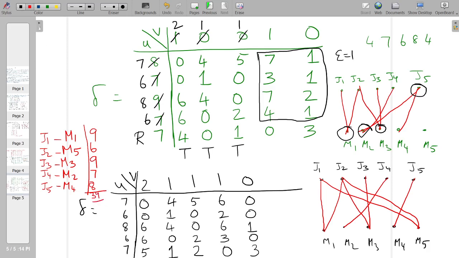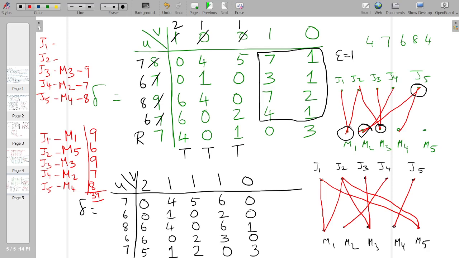Okay, as I told you, you also have a different assignment. Let us check what its value would be. And that should also give you a total time of 39. Let us check here. As I have told you, J3 has to be necessarily assigned with M3, J4 has to be assigned with M2, and J5 has to be assigned with M4. So I will not have a change in the values of these three: 9, 8, 7.